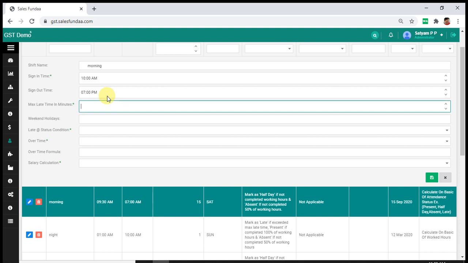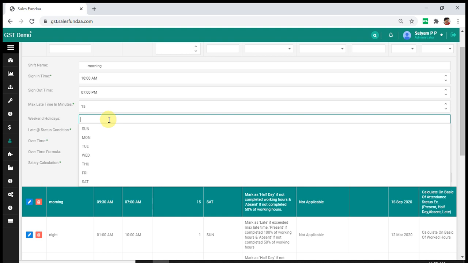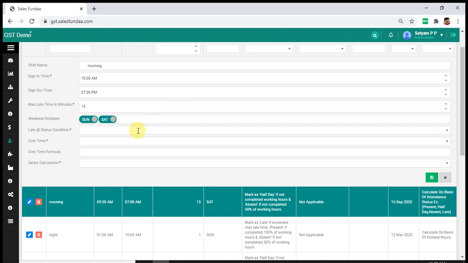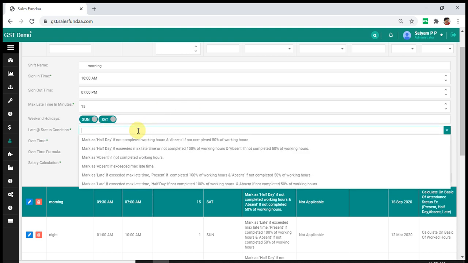You can add their weekend holidays, late at which status, late at condition.